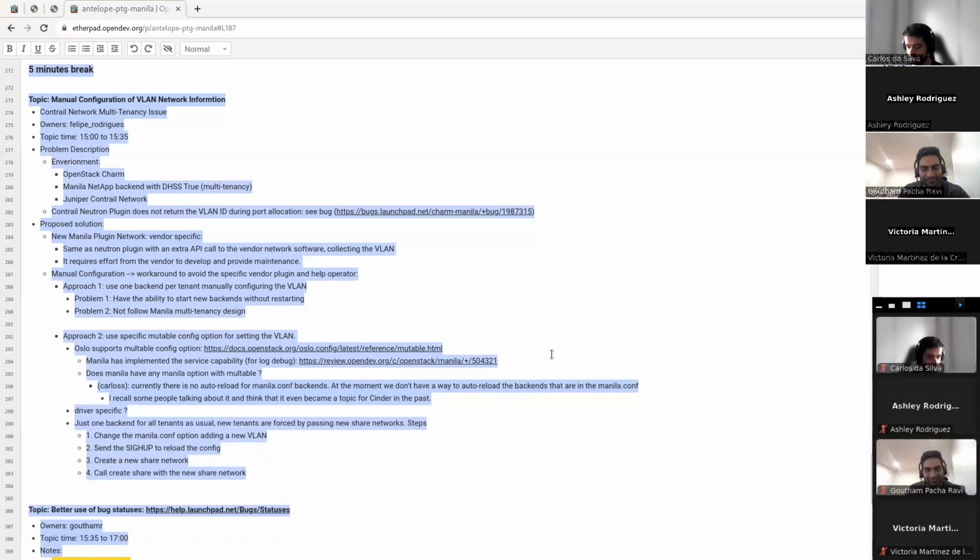Sorry, the operator creates a new share network and goes to the Manila conf and manually creates the VLAN on Contrail and adds this VLAN to the Manila conf, to this multiple config, and creates a new share with this new share network. As a result, since it's a new share network, it ends up creating a new share server because there is no share server for this share network, and the process will collect the driver